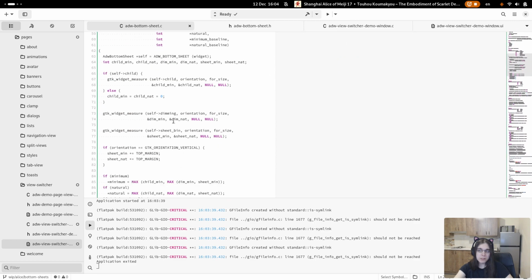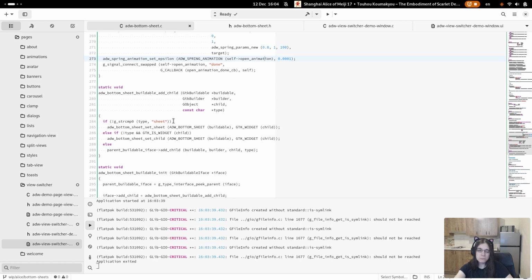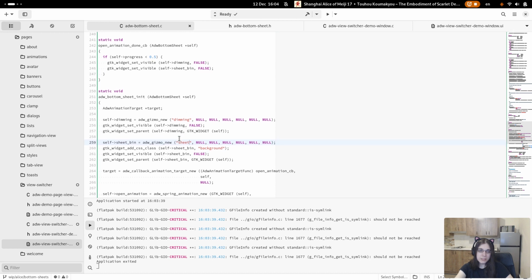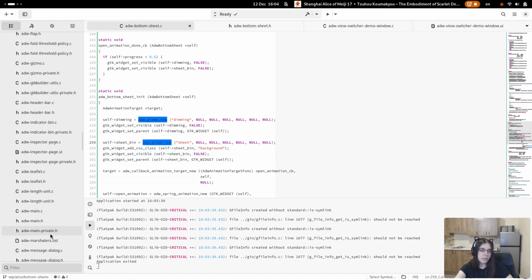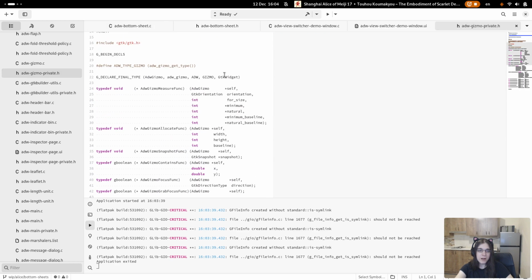So we'll need custom layout for this thing instead of using bin. So we'll use a gizmo with the CSS name sheet. And I'll need to check what gizmo's params are because I don't remember. Okay, the first two are measure and allocate.